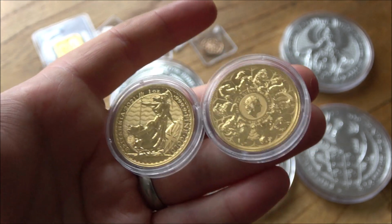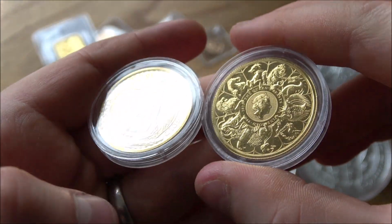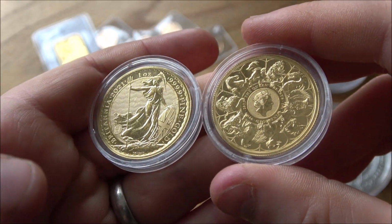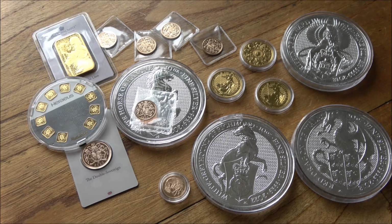If you're stacking and starting to get this journey going, and you've got the intentions of holding for a very long time, then it does not matter. You can average out and even out your dips and your highs on those purchase points. Sitting at home and obsessing over the spot price of gold and silver as to when you're going to look to buy a particular order of something is very dangerous because it's